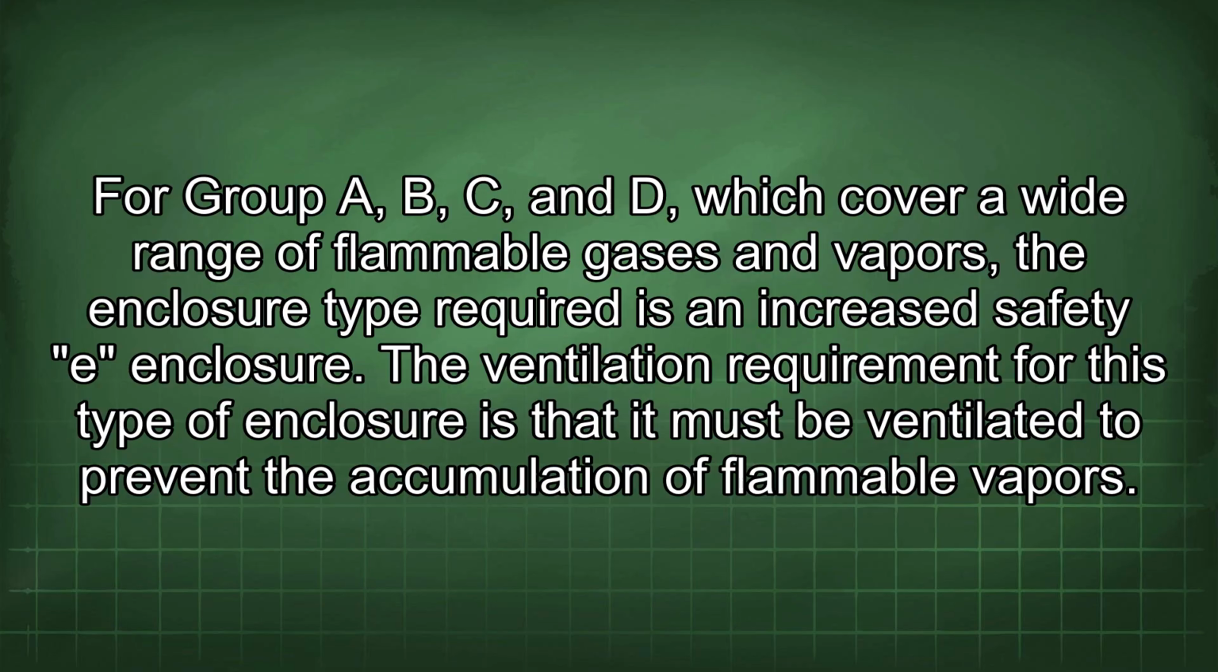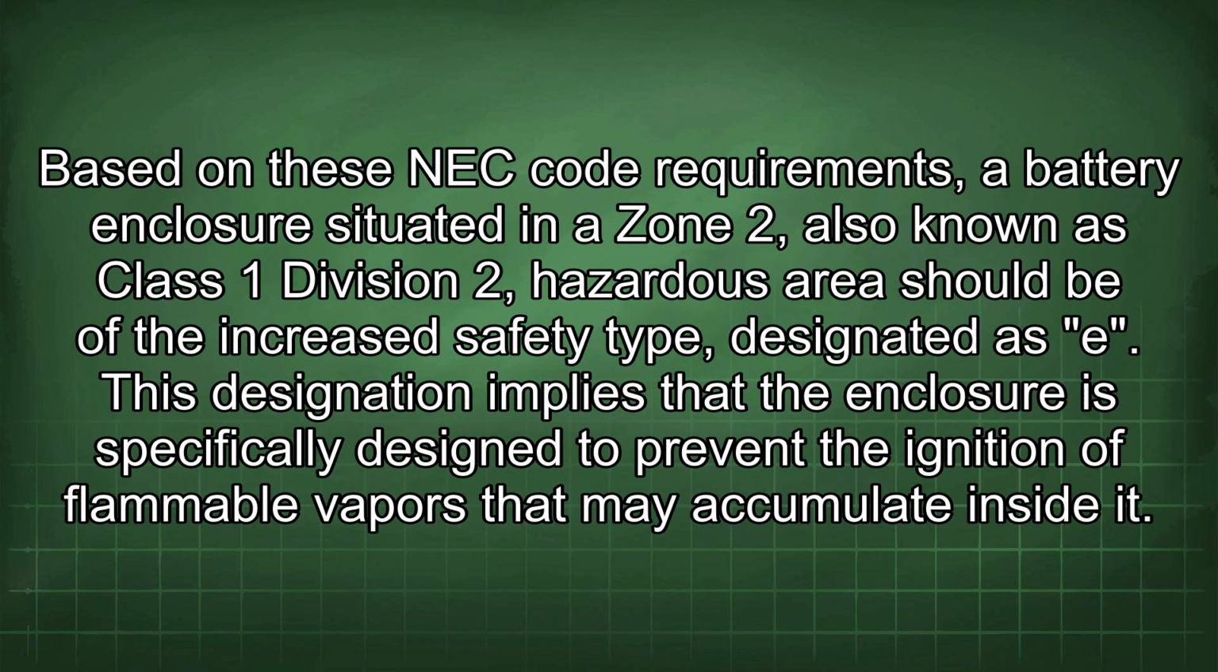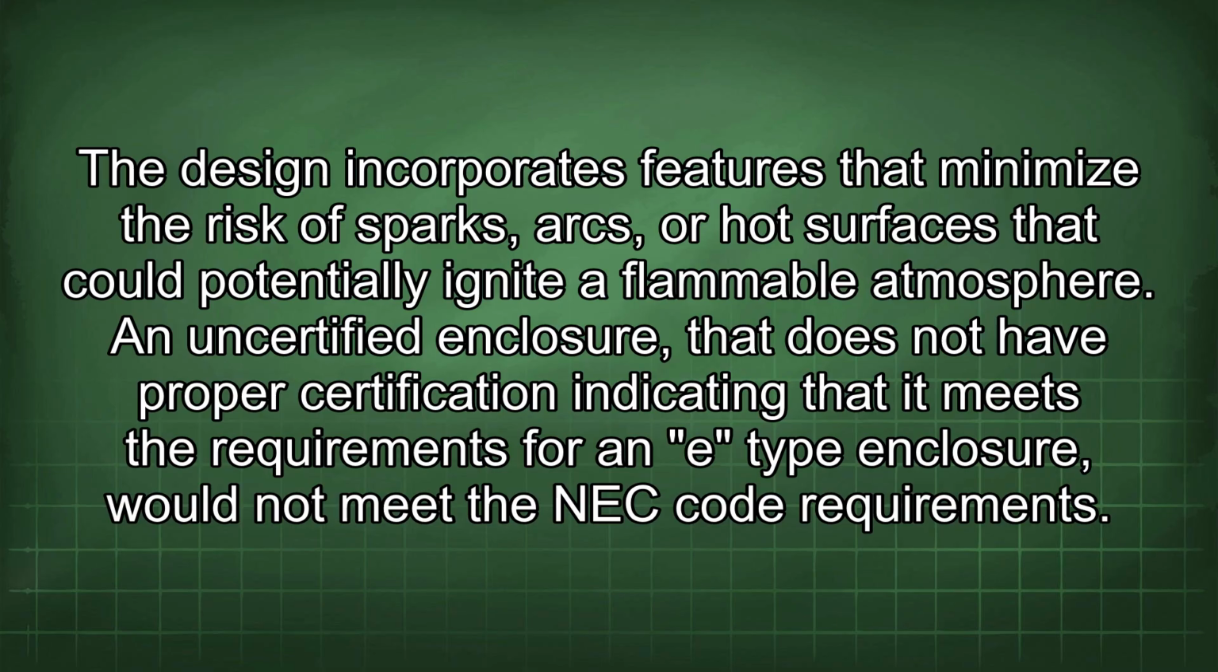The ventilation requirement for this type of enclosure is that it must be ventilated to prevent the accumulation of flammable vapors. Based on these NEC code requirements, a battery enclosure situated in a Zone 2, also known as Class 1 Division 2, hazardous area should be of the increased safety type, designated as E. This designation implies that the enclosure is specifically designed to prevent the ignition of flammable vapors that may accumulate inside. The design incorporates features that minimize the risk of sparks, arcs, or hot surfaces that could potentially ignite a flammable